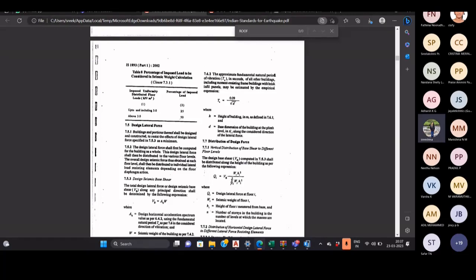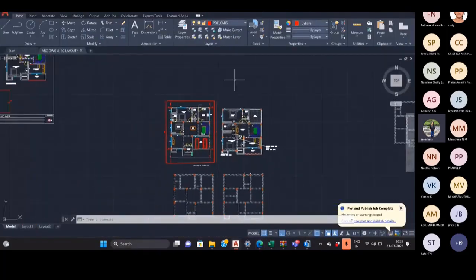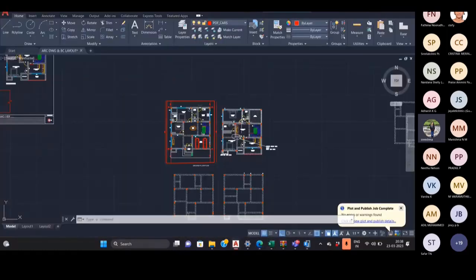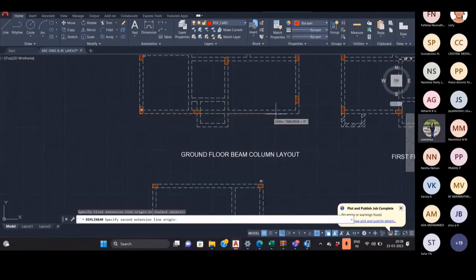And D is the base dimension of the building at the plinth level in meters along the considered direction of the lateral force. We can calculate it from the architectural drawing. The height of the building is 6 meters, so T is equal to 0.09 into 6 divided by root D. Since we are doing it for the x direction, we have to measure the dimension along the x direction, which is